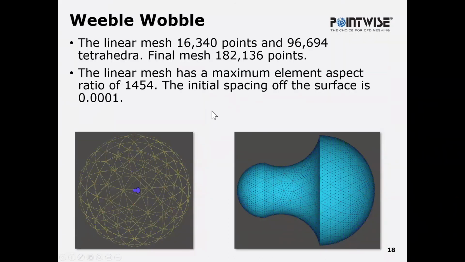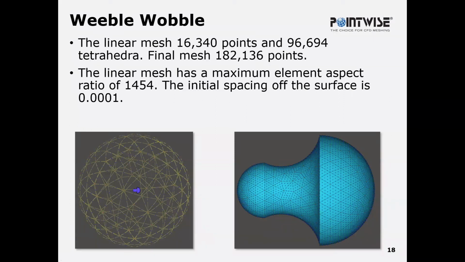Now this is a particular industrial sort of test case. This is a Weeble Wobble case, which is being used because it's quite awkward geometry-wise to mesh. It's got lots of convex and concave regions, and so it's a good go-to test case for the developers. So the linear mesh before elevation has 16,000 nodes and 96,000 tetrahedra, and the final mesh will have 182,000